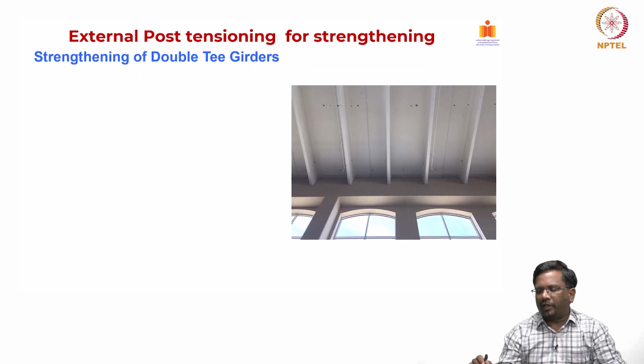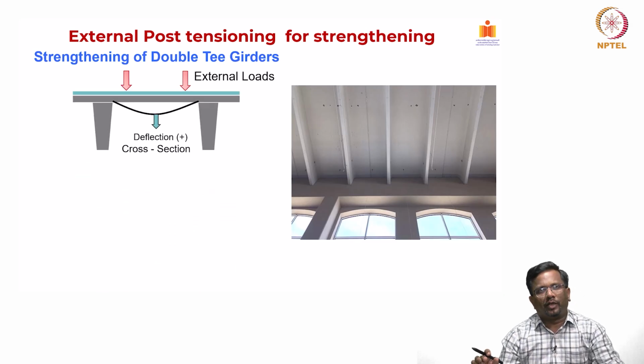Okay, this is another classical example of a double T girder. When you have a long span, typically in a precast system, people use double T girders as well. In parking garages, these double T girders are very, very common, and over a period of time, maybe due to increased live loads or maybe because of the deterioration, sometimes we have to go for strengthening,